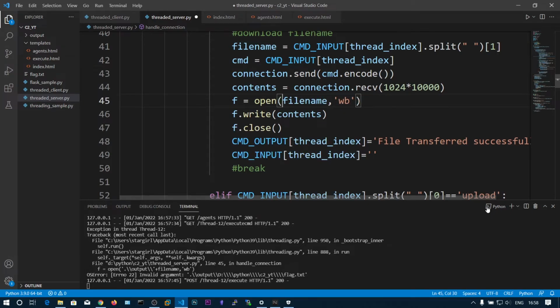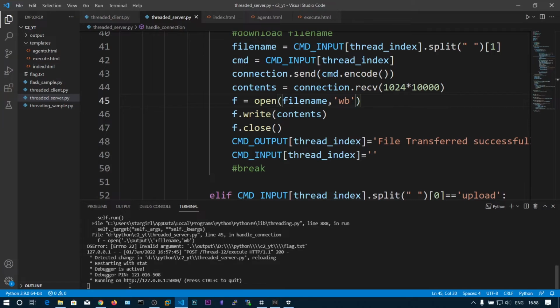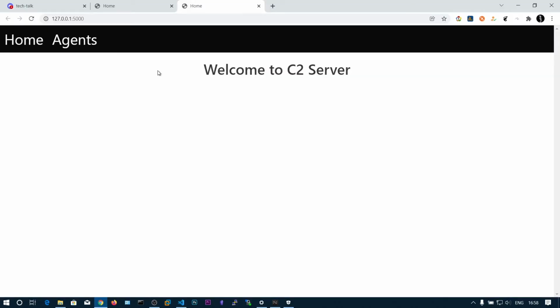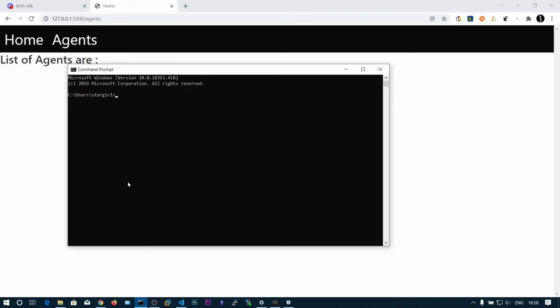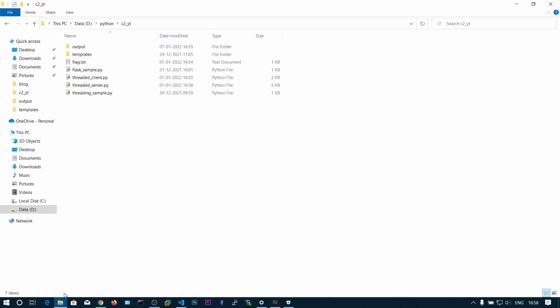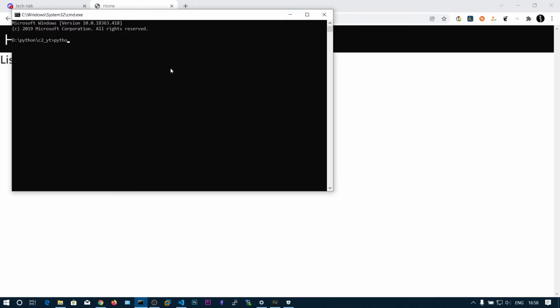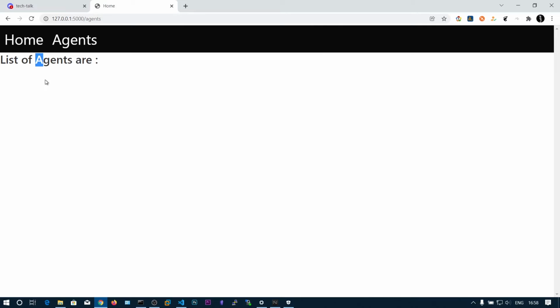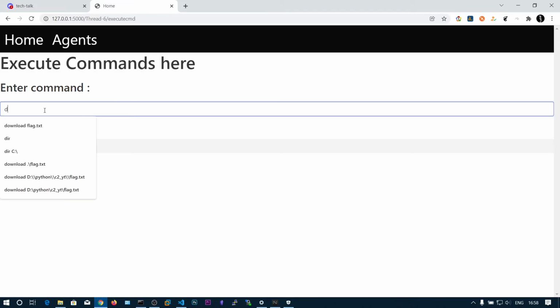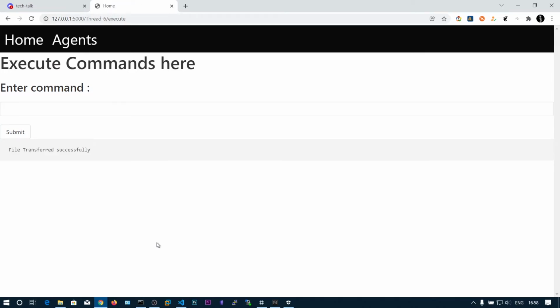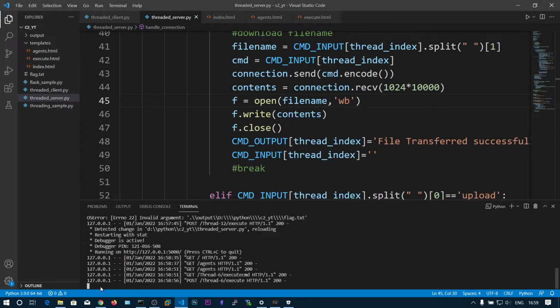Let's download the file again, and we should see file transfer successfully and there are no errors.